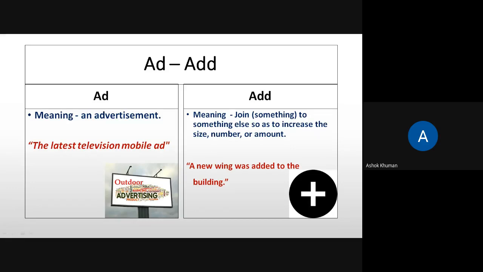So in that way, you will have to remember. You will be asked to identify the pair, homophones or homographs. If similar in sound, then it is homophones. If they are the same in spelling, then they are homographs. So this is an example of homophones. Clear? Moving to the second example.